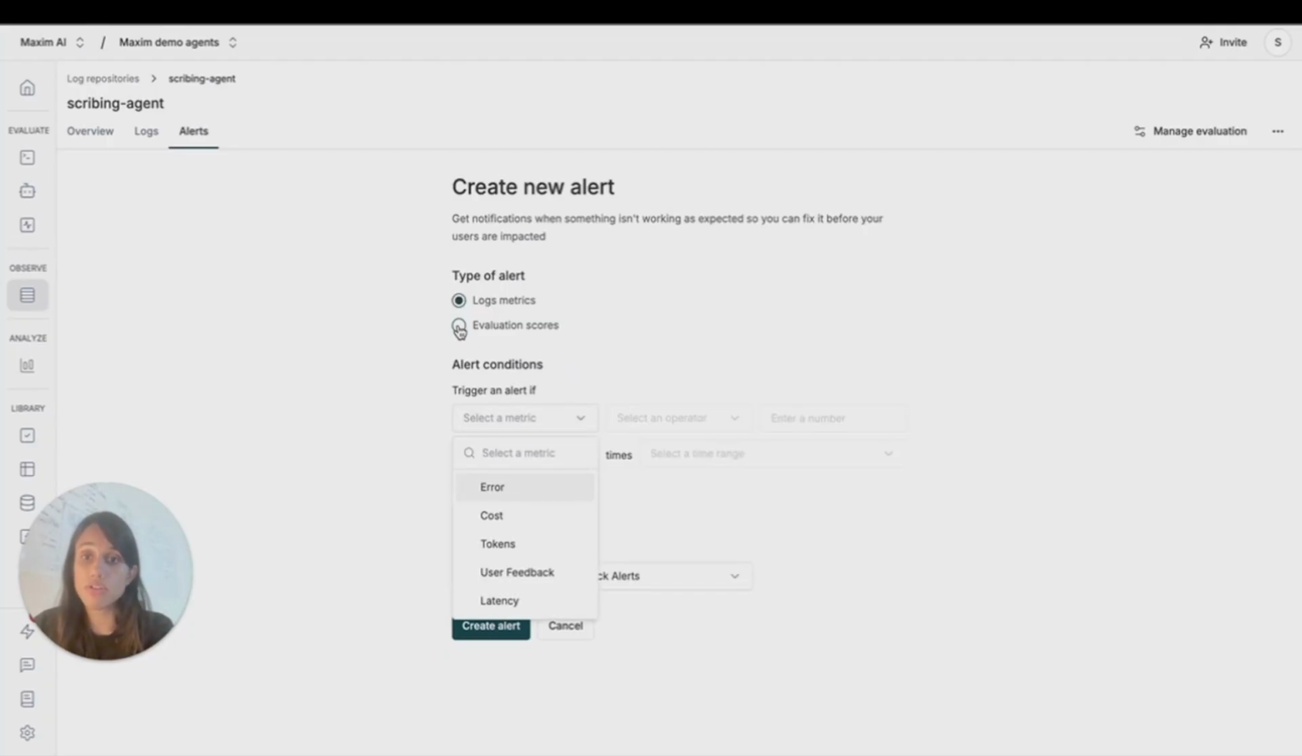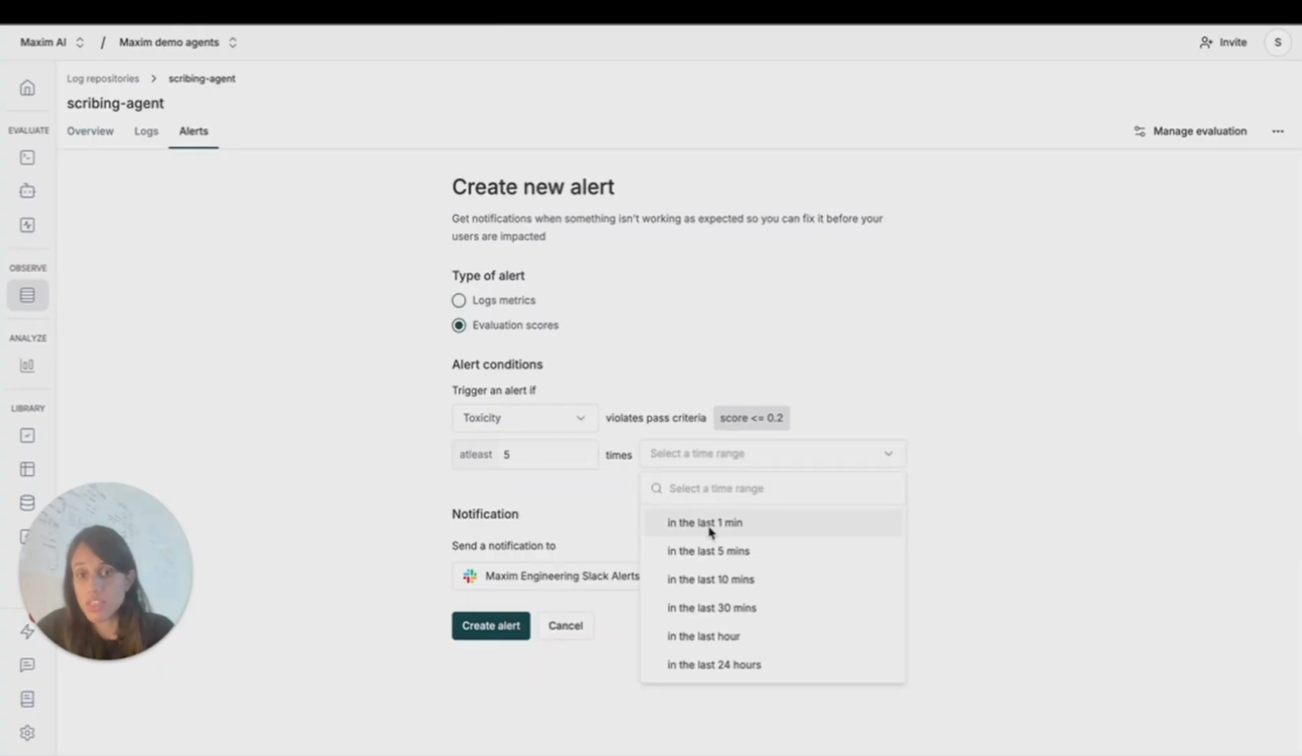But I could also do it on evaluation scores. And what that means is if any of my evaluators that I choose, say for example, if toxicity value violates its pass criteria at least 5 times in 5 minutes, then there's something wrong. And I want to be notified on this Slack channel where me and my engineers can come and look into what's going on and try to fix this quickly. So this gives you insight that you can use to iterate quickly and make sure your user experience is not